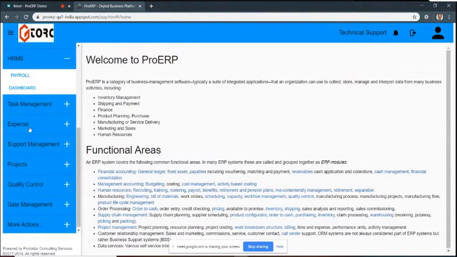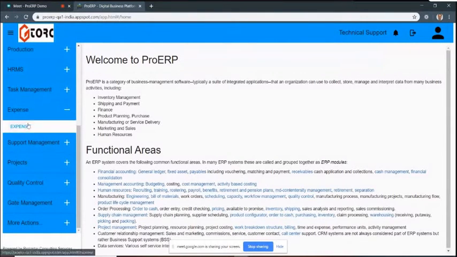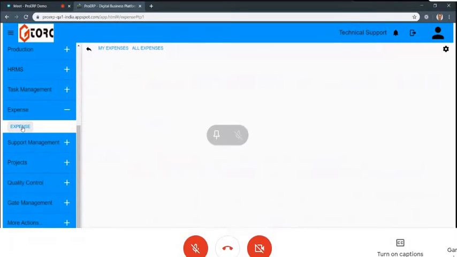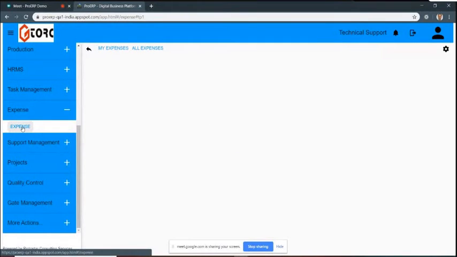Then there are some small modules like task management. If we are working on a task, who is working on what task? Even when a support request comes, that can be converted and assigned to somebody as a task. Then expense management, where employees who are traveling can file an expense digitally, that can get approved, and once it is approved, it appears in the accounts as payable.